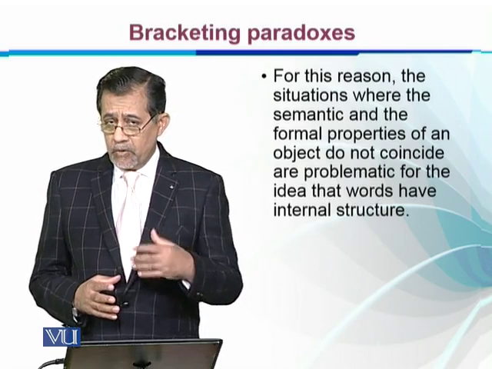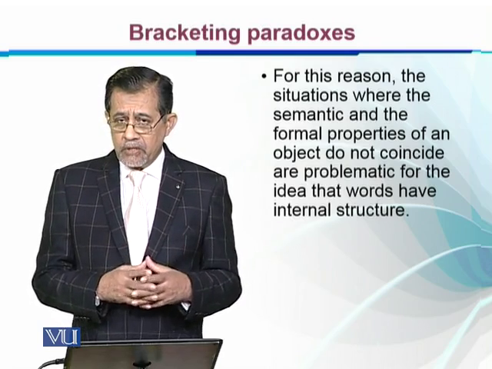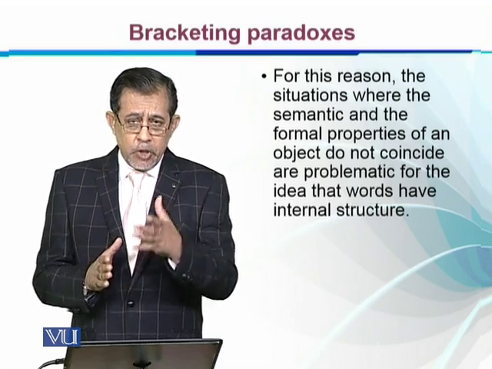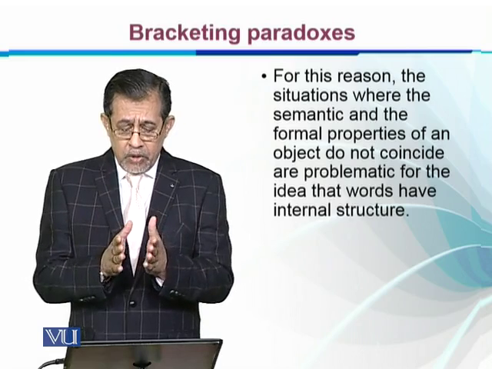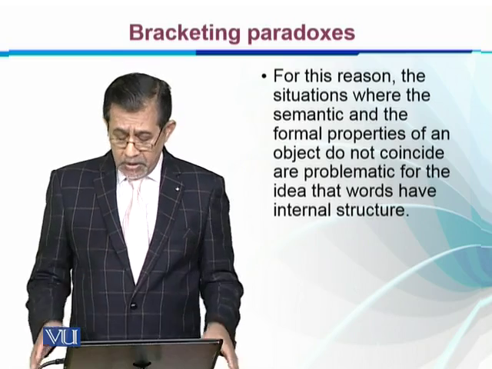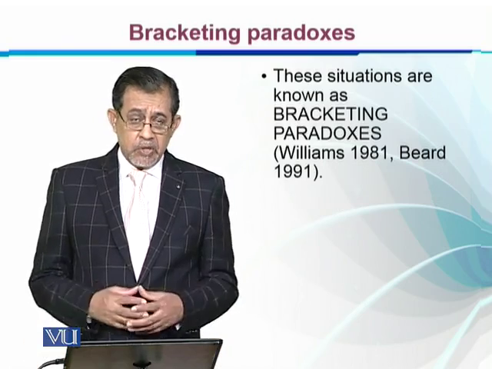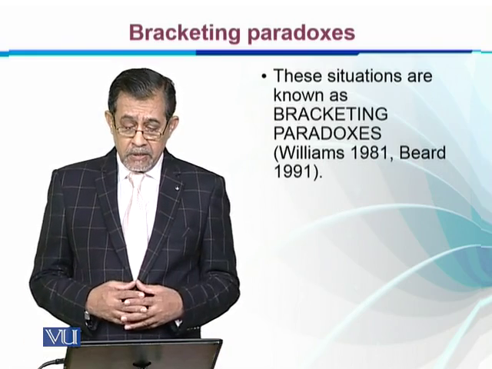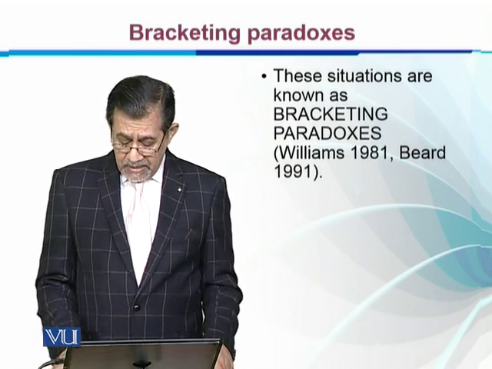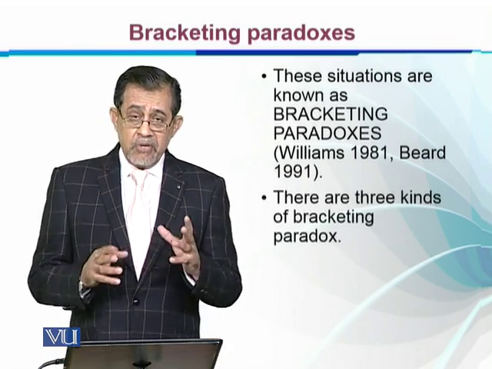Especially it goes against this idea that we've been talking about, that words have structures, because we believe that both the formal and the semantic properties need to be there, and they should coincide with each other. They should be related to each other to give us the meaning of the word. These situations, when there are inconsistencies, are known as bracketing paradoxes. Especially Williams has talked on these aspects. There are three kinds of